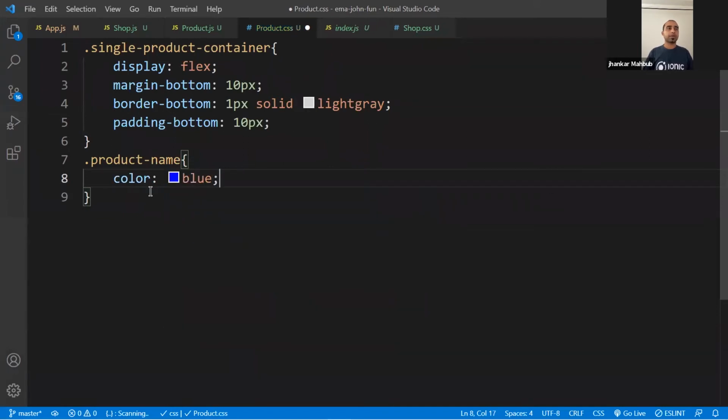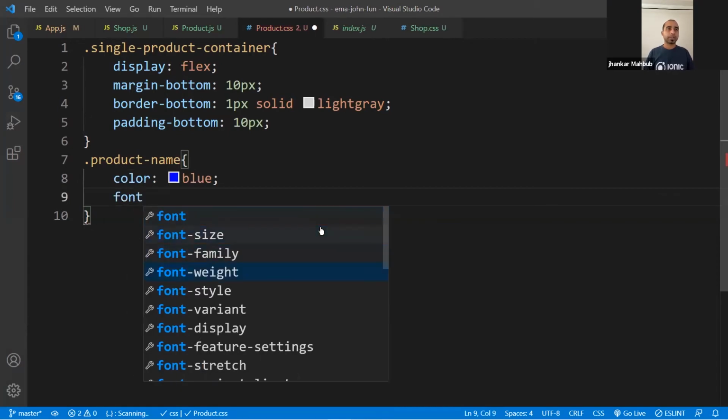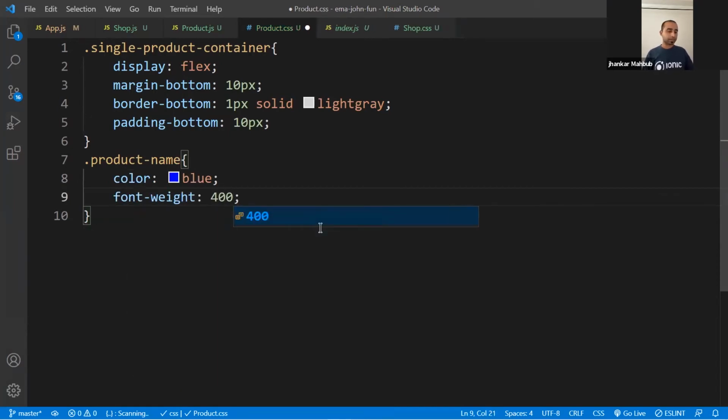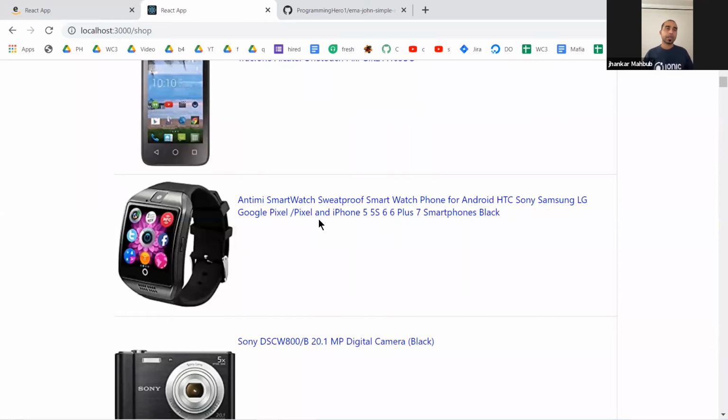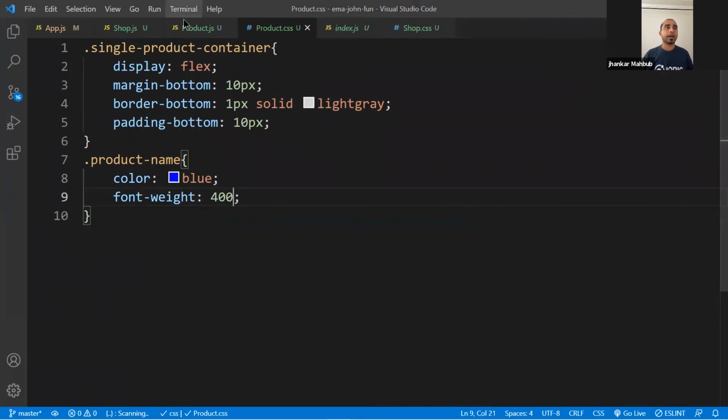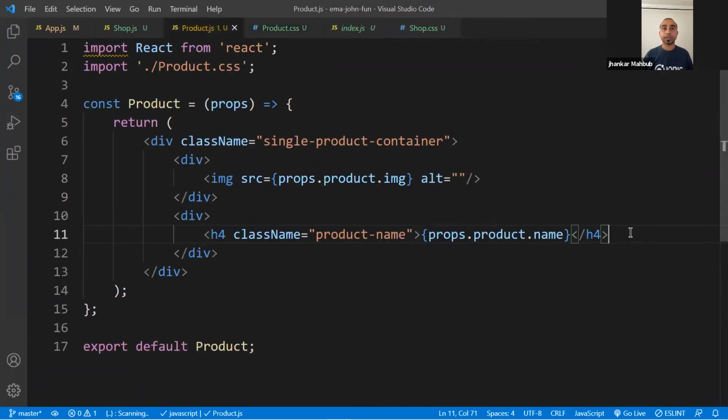And then if you don't want the font weight to be this bold, you can select a font weight of 400, something like this. And if you do so, it looks very close to what we are trying to do. And then you can add some extra information right here, like who is the seller, what is the price, and all these things. And we can definitely easily show one simple thing at least.